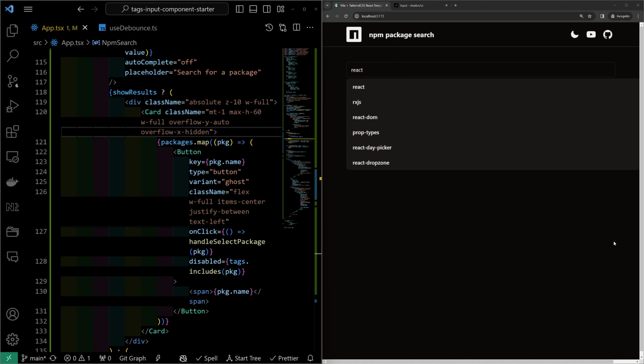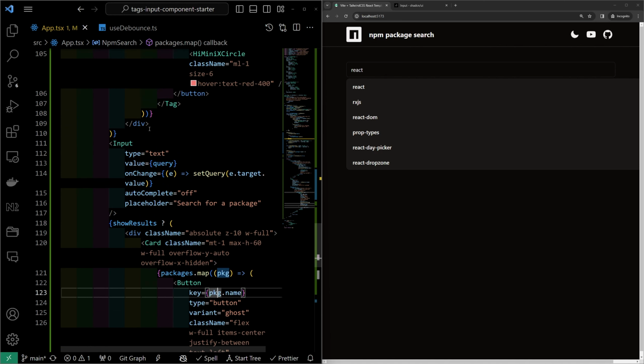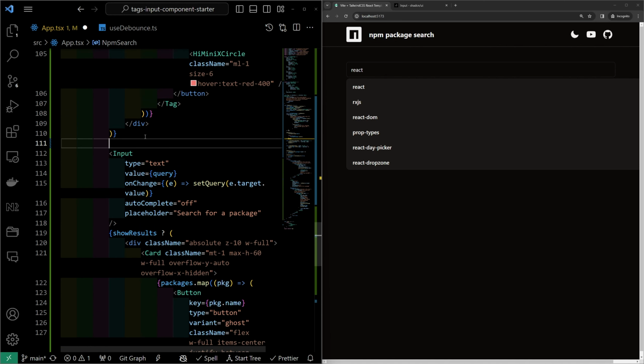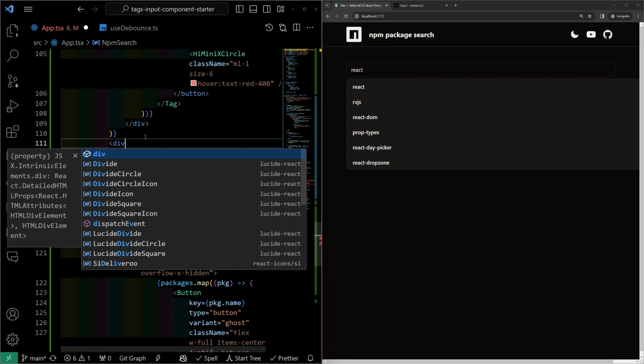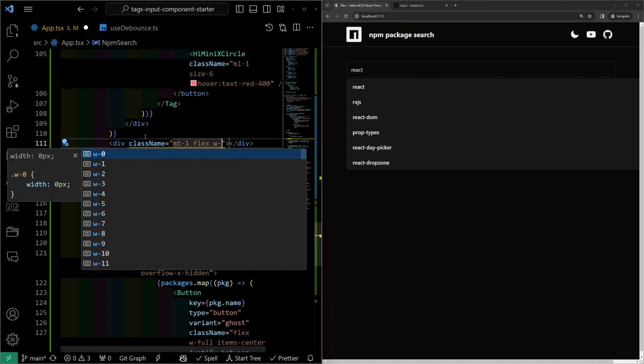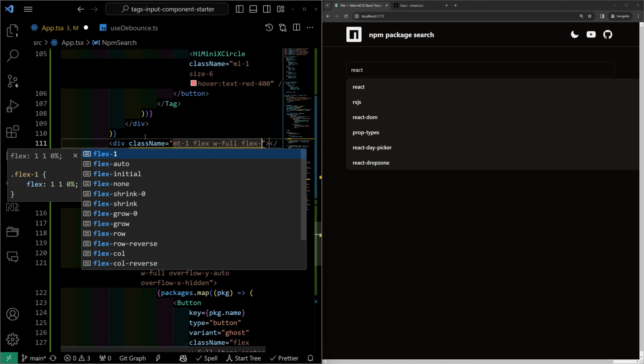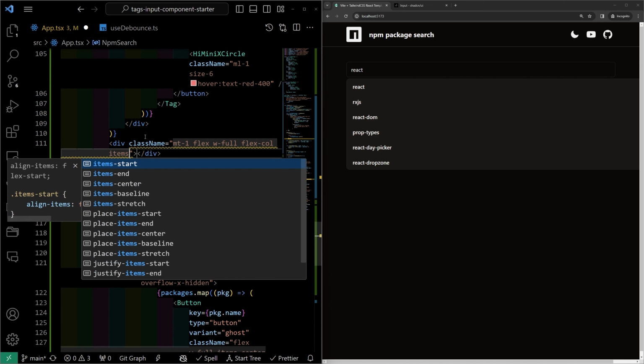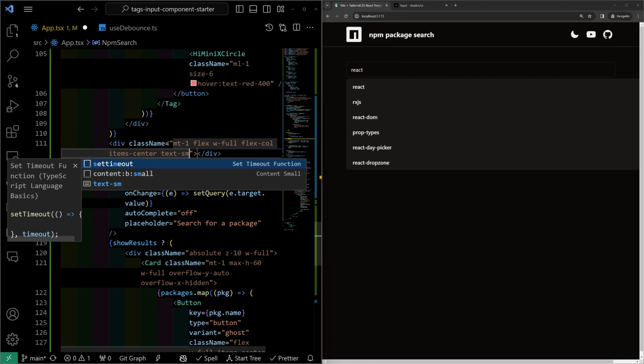Interesting. Oh, you know what? It's because I forgot to wrap this. So let's add some divs up here. So why am I doing it like that? Say div dot. There we go. So we'll give this a margin top of 1, flex width full, flex col, items center, text small, and then